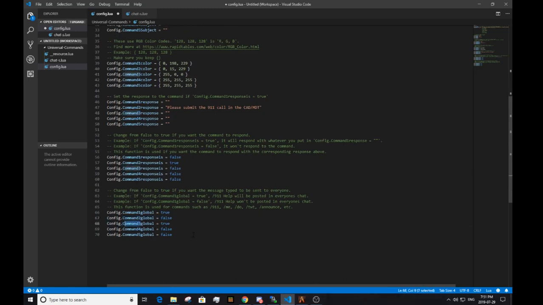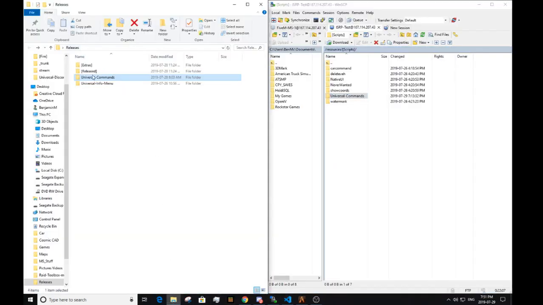With 10 commands, it could be very difficult to mix it up. With 5 commands, most likely you're not, if you know and are paying attention to what you're doing, but just make sure you're configuring the right ones for the right command. Now that we have announcement set up, we're going to do this, replace the files,